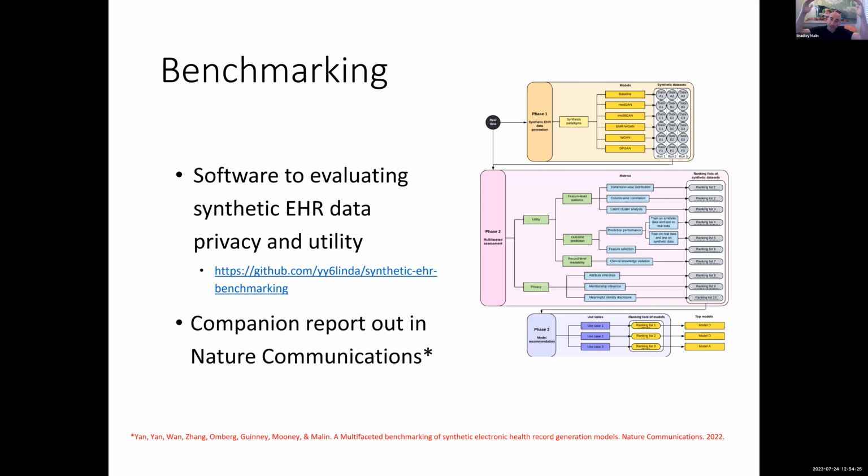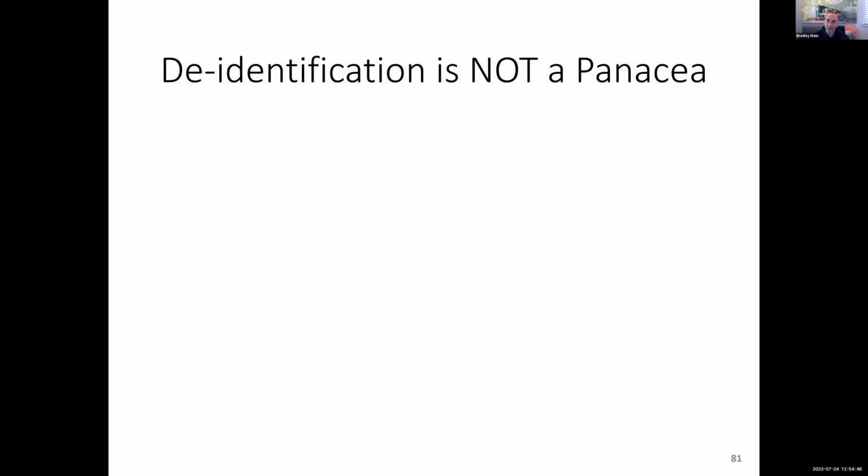So we've built an entire benchmarking toolkit for looking at all the different privacy concerns, and we have a couple different utility measures, based on things like KL divergence and other distributional measures, that give you some intuition into how well these simulators are working and what trade-offs they're offering between those two spaces. Let me skip this since I know I'm just about out of time.